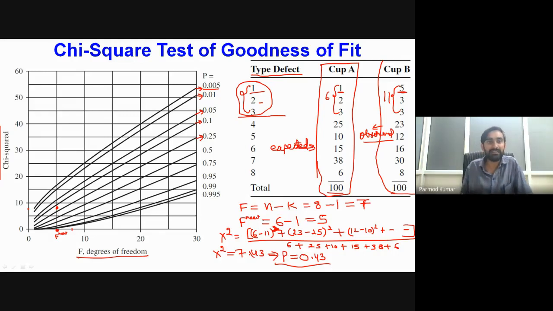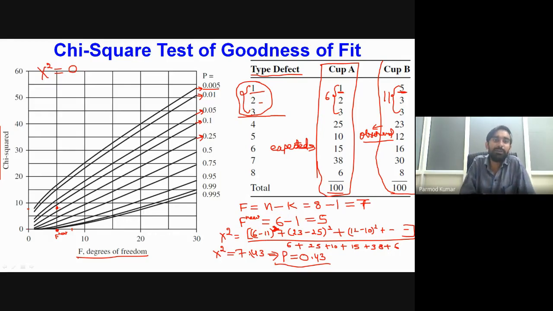Now what does this probability value represent? You can clearly see in the formulation of chi-square, we have nothing but observed value minus expected value. It clearly means that if our observed value is exactly identical to the expected value, in that case our chi-square will be 0. So when our chi-square value is 0, we have nothing but a perfect match.